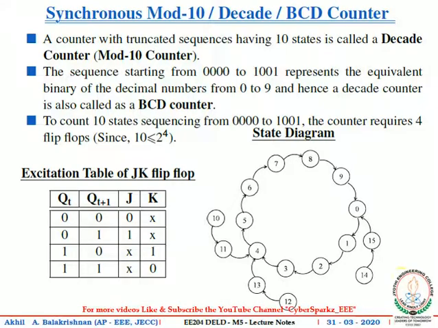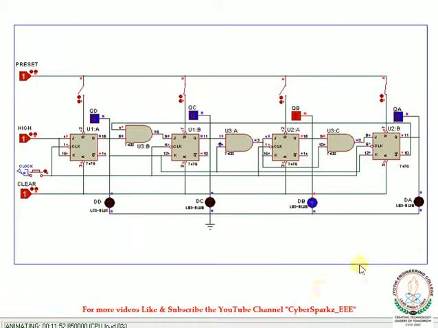So we can verify that using the simulation again. Now we are going to set the initial state as 12. So we need to make the preset inputs accordingly. Third and fourth flip-flops are connected to preset, and changing its value to 0 will set those flip-flops. Now the present state is 1100, that is 12. On applying the first clock pulse, the output changes to 1101, that is 13. And on applying the second clock pulse, the output changes to 0100, that is 4.